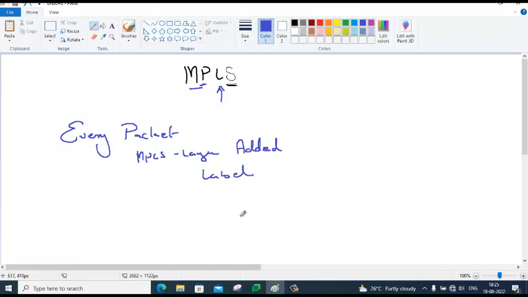So a packet is now coming with a label sent from an MPLS router. This MPLS router only can add MPLS layer to the packet. A traditional normal router without MPLS has nothing to do with adding label.